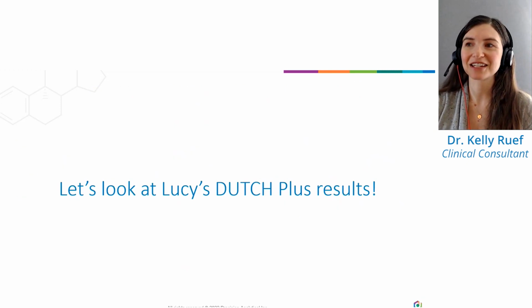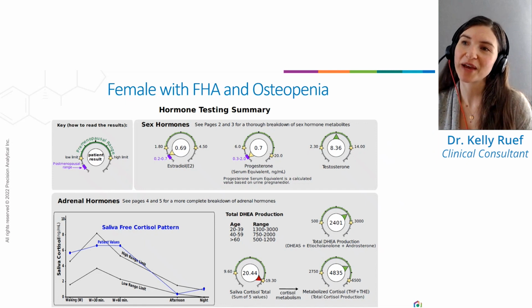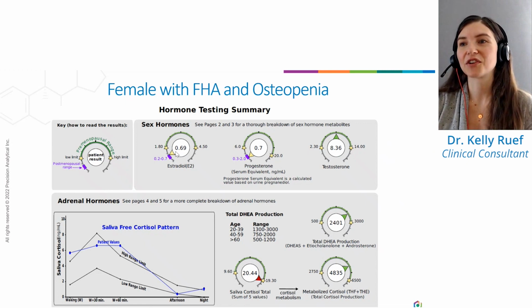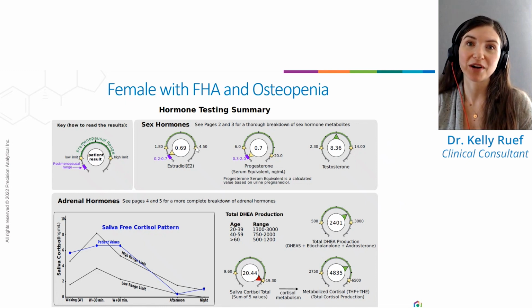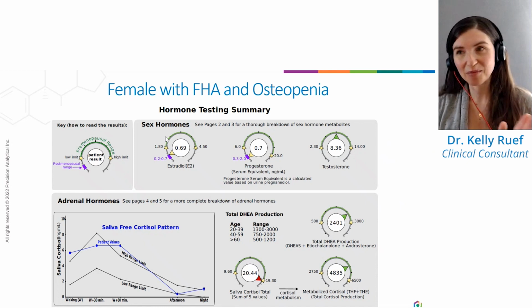Okay, so let's look at the DUTCH Plus results now. So here is page 1 of a DUTCH Plus. This is the summary page. And if you've never looked at one of these before, we've got this little key on how to read the results. And for the estrogen and the progesterone dials, you'll see there's these 2 stars with a green band. So that is the luteal range. Remember, our reports are always in reference to the luteal range, which is the 2 weeks before the